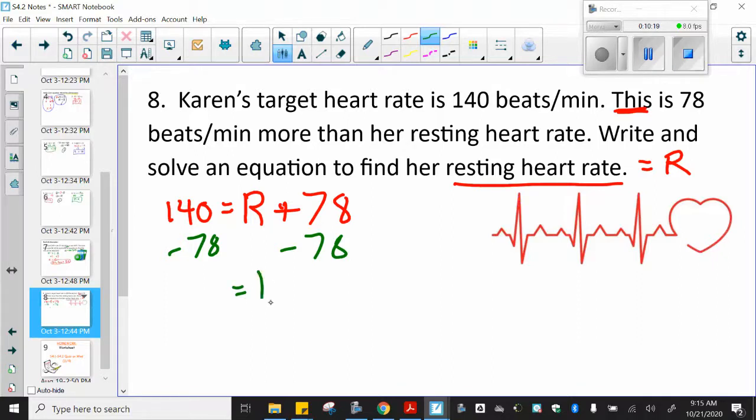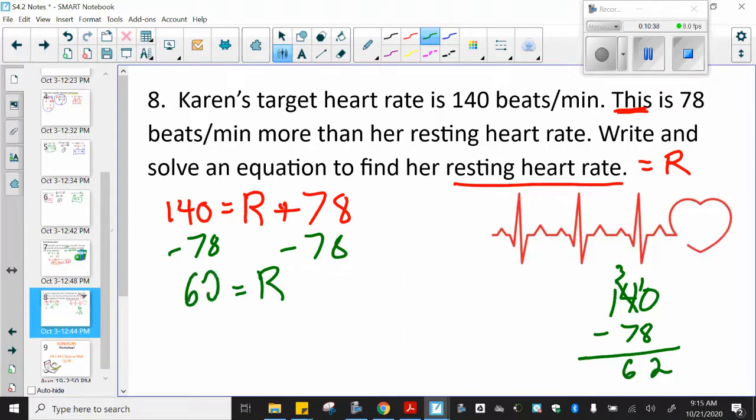So we know R comes down. 140 minus 78. Let's do that over here. 140 minus 78. Let's see. 3, 10, 10 minus 8 is 2. 13 minus 7 is 6. 62 equals R, or resting